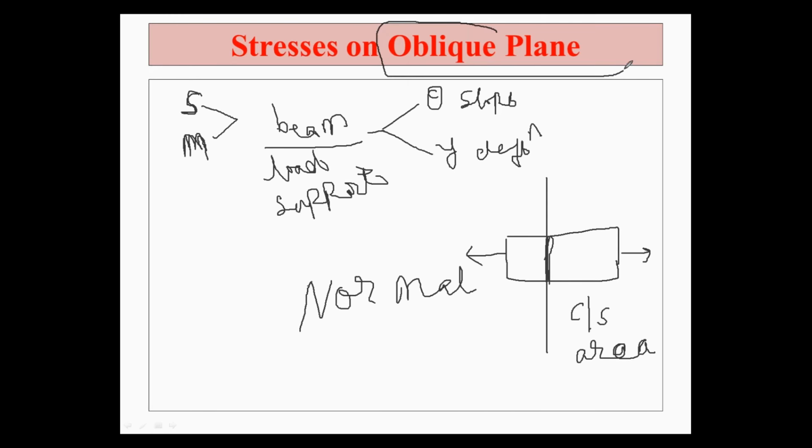Now listen carefully. In this case, stresses in the oblique plane. Up till now we considered the vertical plane. Now we are considering the oblique plane like this, at an angle of theta. What stresses act on this plane? That may be a critical kind of stress, which is very useful in engineering applications. Every material, whenever it is loaded, may not fail only at the particular section. It may fail at a critical section also.